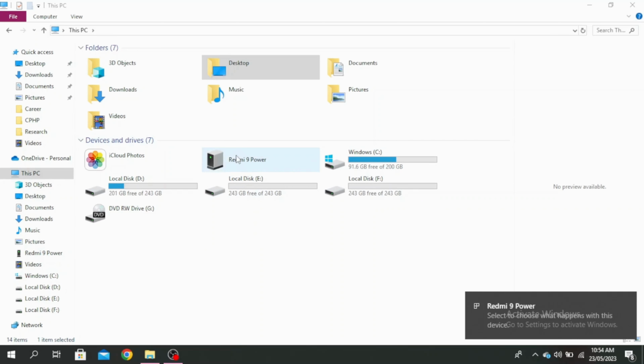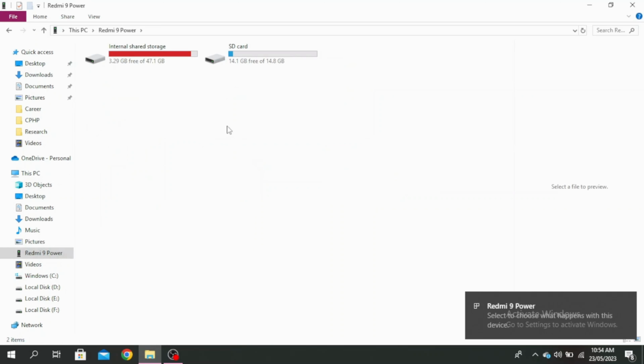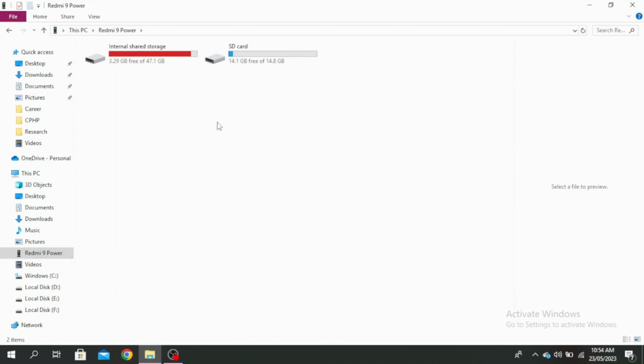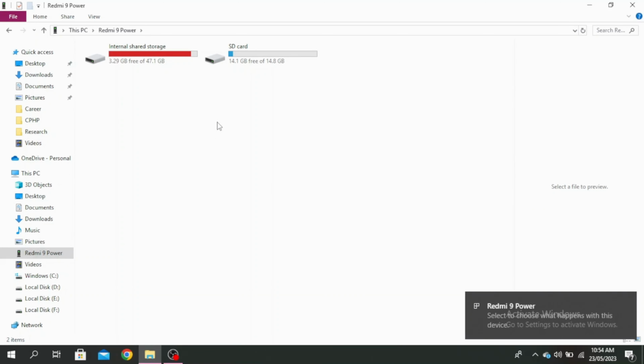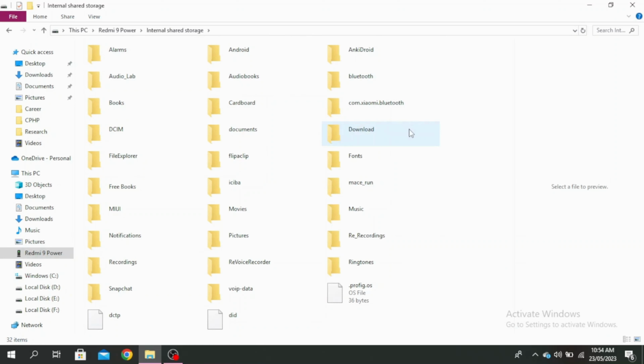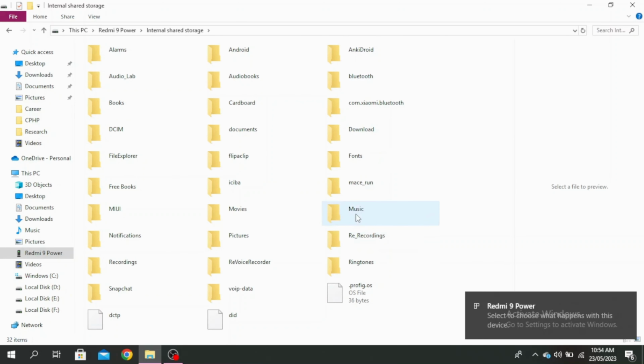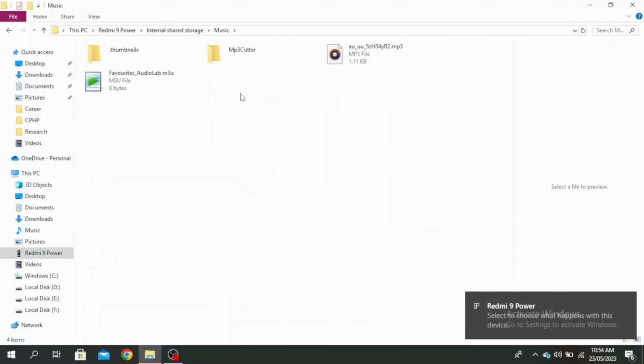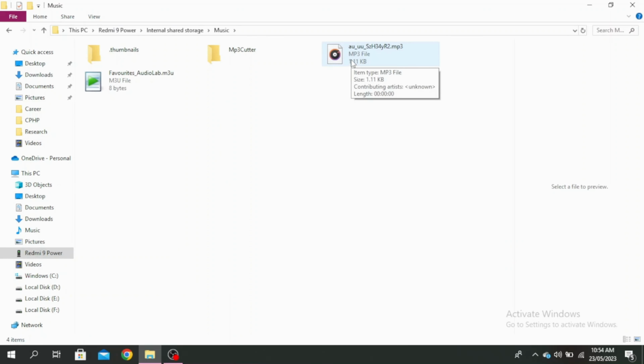And here you'll see your phone pop up right here. So click on that and go to where your file is that you want to share. So if I go to this and go to any of the files, so if I go to music and I want to copy this file to my laptop,